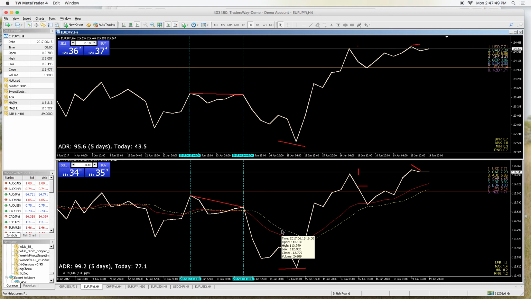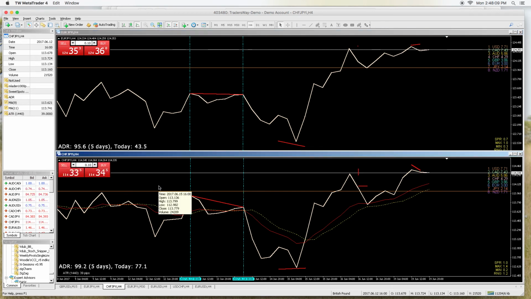Down below here I have two extra lines. Not important for this method at all, just a couple of moving averages I've been playing around with. At any rate, here we have the euro yen on top, 4-hour chart, the Swiss yen on the bottom, also a 4-hour chart,